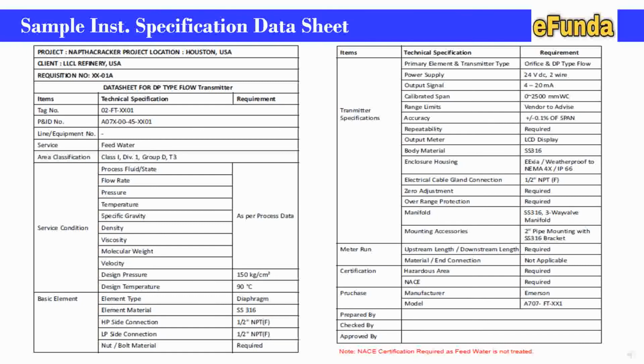Please go through this particular sample example data sheet and study carefully so as to understand the content and the requirement of a specific instrument for the purpose it has been selected while doing the project engineering design phase. This is how the instrument details are covered, and for other details refer to the sample data sheet format and respective project specifications.